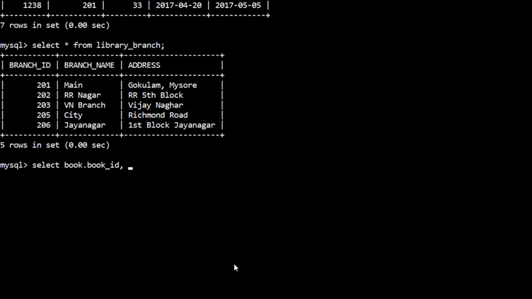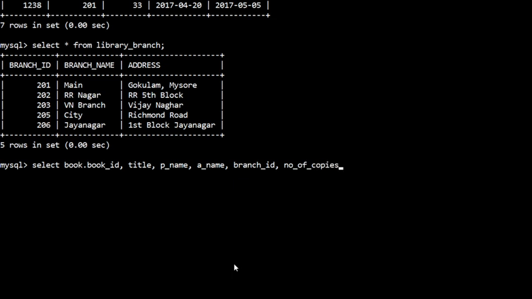Okay, because it is ambiguous. In all the tables we have book ID with the same column header, so that's why you write book.book_id, and then title, then we need publisher name, and we need author name. Okay, then display the branch ID, then number of copies.